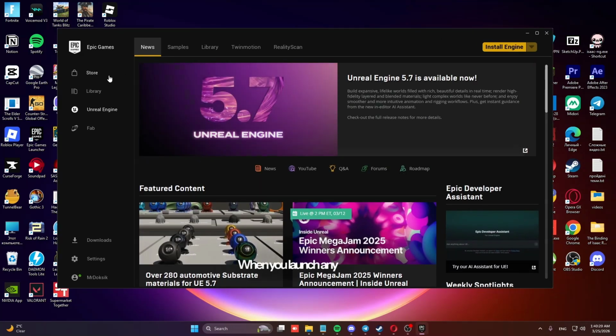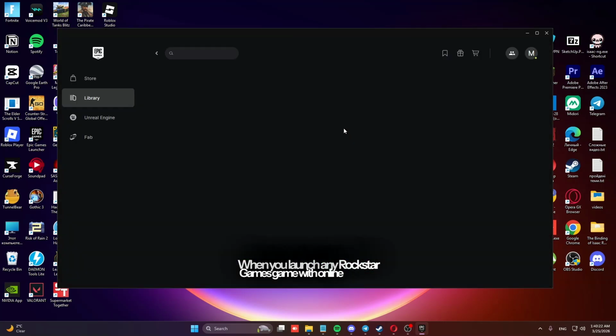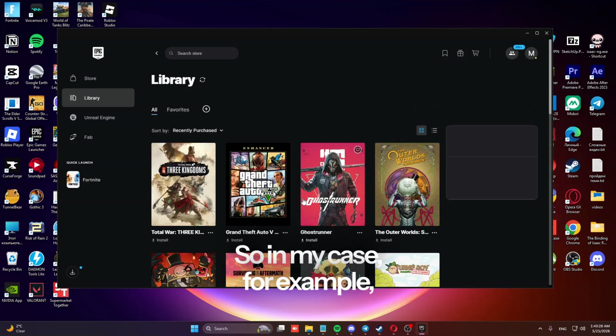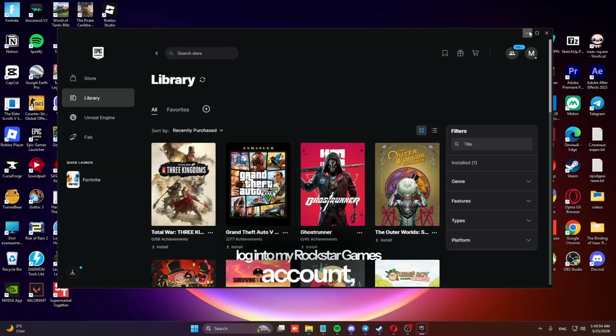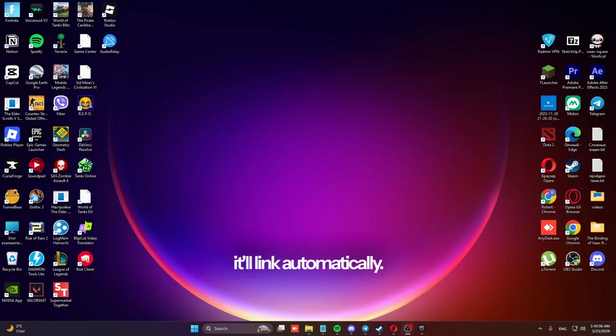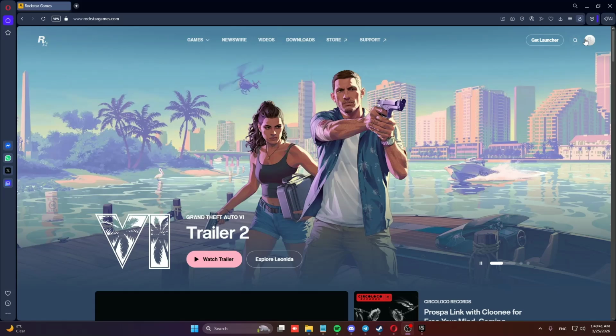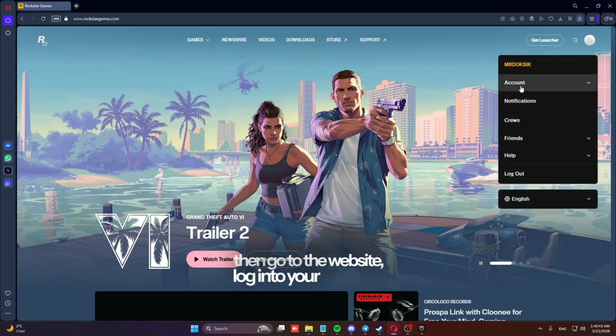When you launch any Rockstar Games game with online services and sign into your Rockstar account, right? So in my case, for example, GTA 5, if I launch it from here and log into my Rockstar Games account, it'll link automatically. But if you need another way, then go to the website, log into your account, click